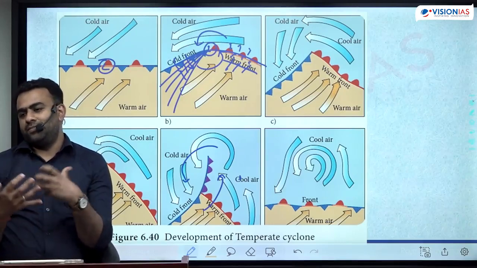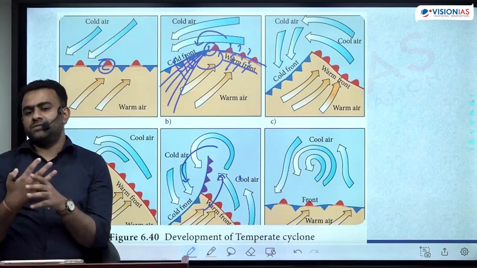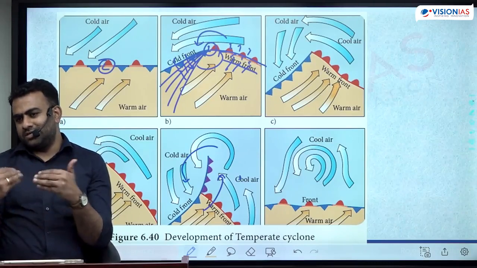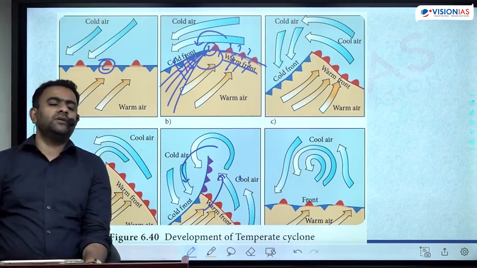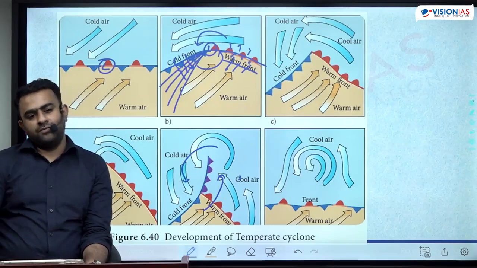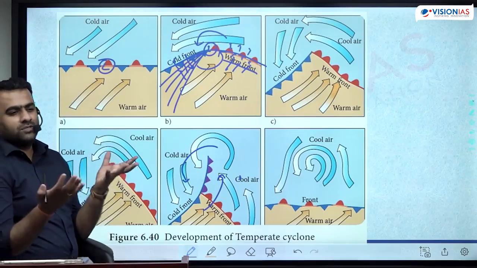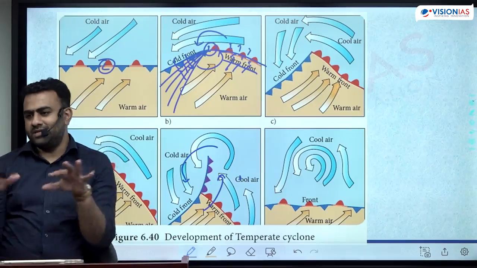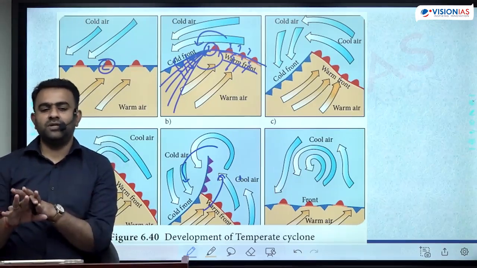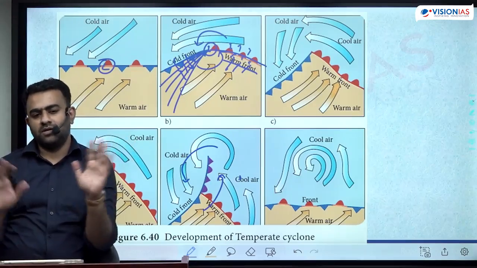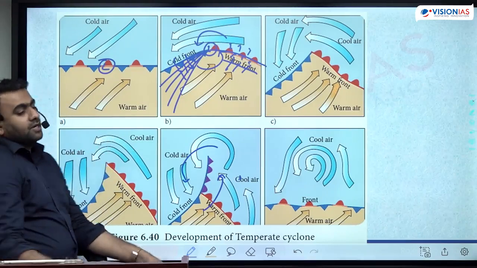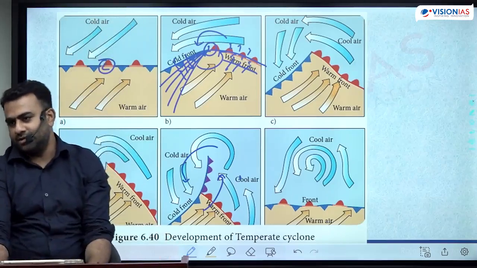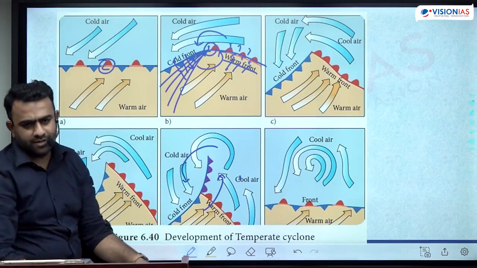As the fronts develop, cloud formation happens, rainfall happens, latent heat gets released, and the weather continuously changes. As long as there is a difference of warm air mass and cold air mass, the system continues to grow. And once the difference is not much, the cold air mass has become a little bit warm, the warm air mass has become a little bit cold, both of them get mixed together, and it is totally finished. And again you have to wait for the next air mass to form over there, here, and again move towards each other. It's a continuous process which happens throughout the year.